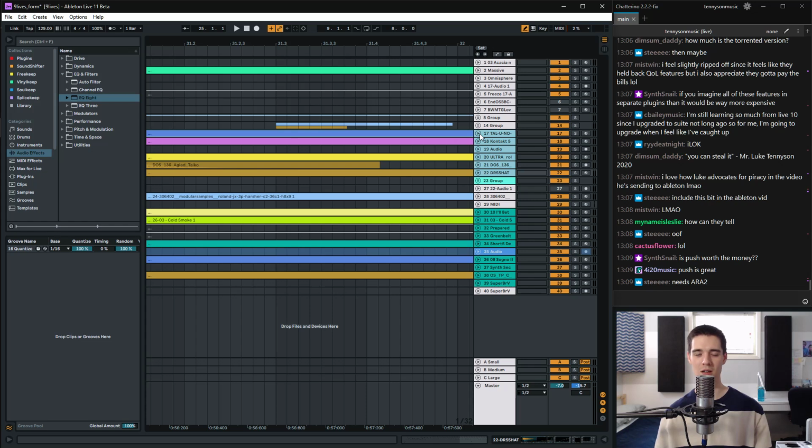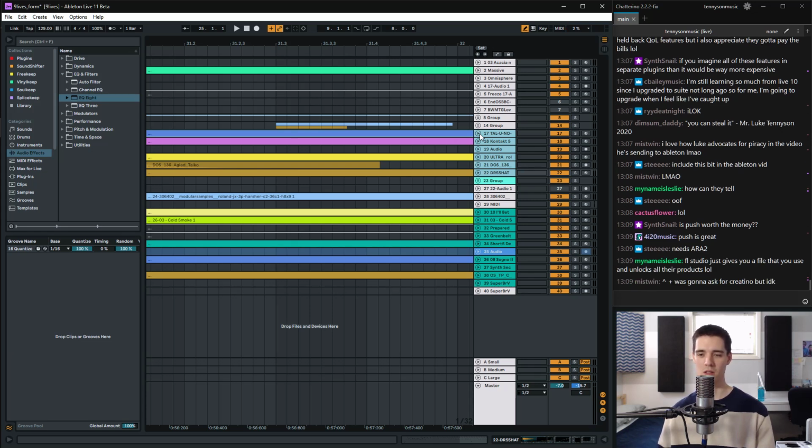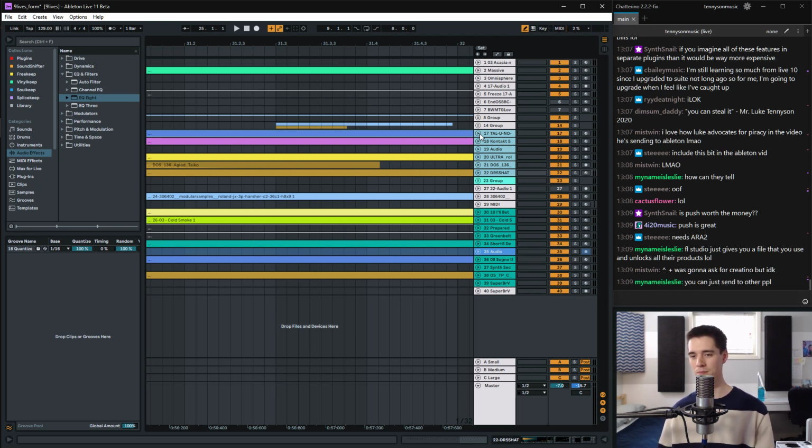Especially if you play guitar, the layout is a lot more intuitive. You can actually learn to play the Push like an instrument. But for me, it doesn't make any sense. So I just stick to my keyboard, which works, and everything else I can do with keyboard and mouse. So it's not much of a device for producing, but I use it live, and it's awesome in the live show. So